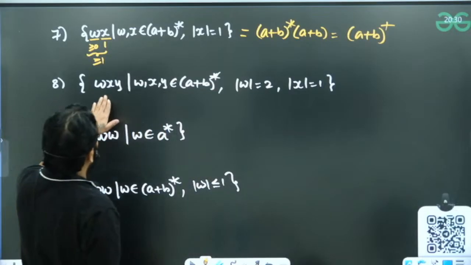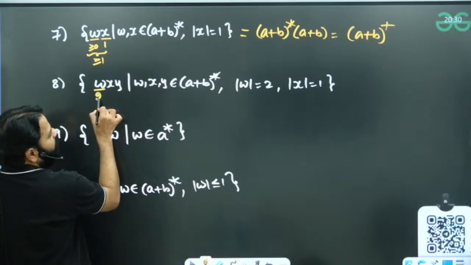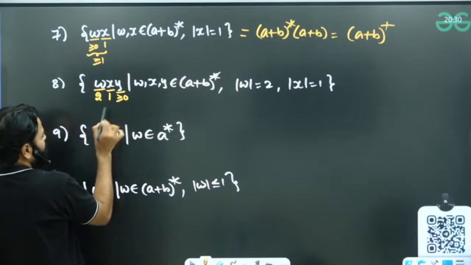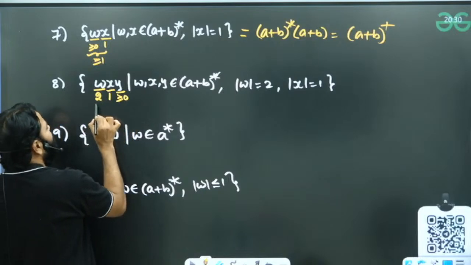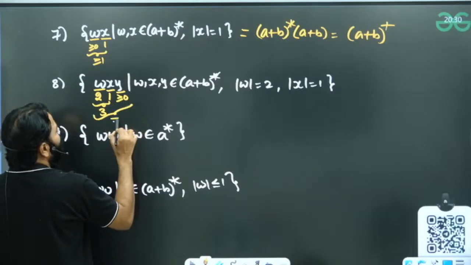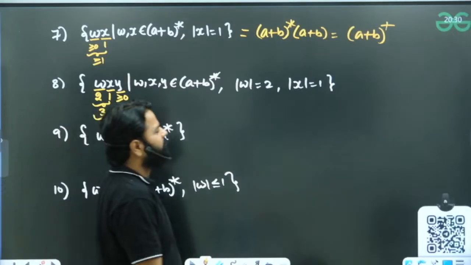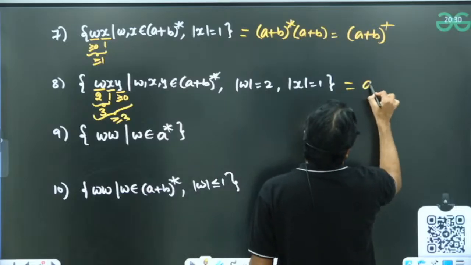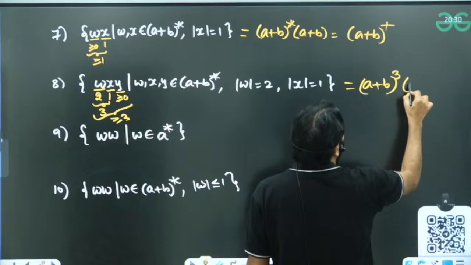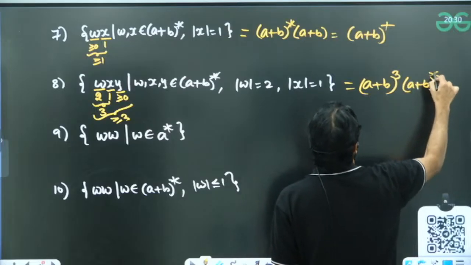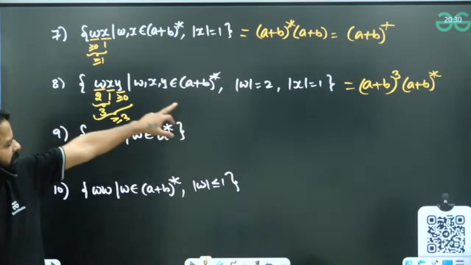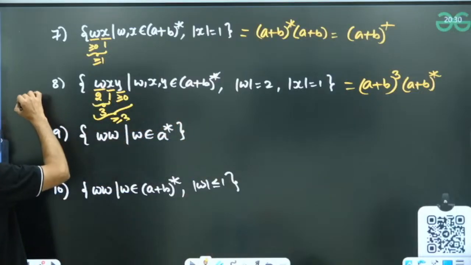Next one, length of W is 2 and length of X is 1. Y is not restricted, so greater than or equal to 0. What is the overall length? This is 3 and this is greater than or equal to 0. Overall greater than or equal to 3 length. So directly you can say A plus B power 3 is a minimum, followed by anything whole star. Of course, many other ways to write, just to understand how to represent minimum 3 length. So this will give you the minimum 3 length,